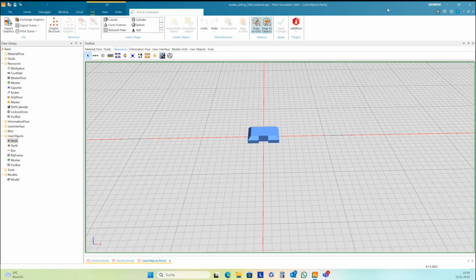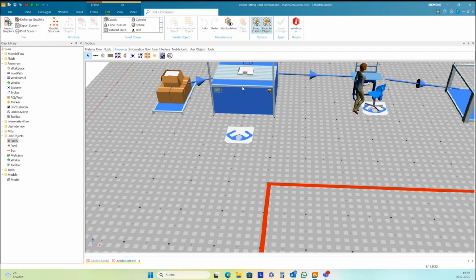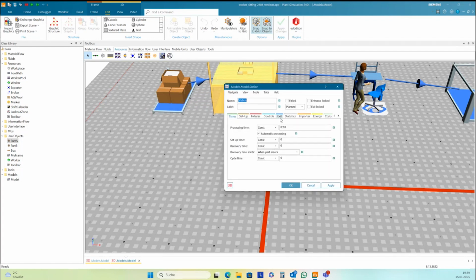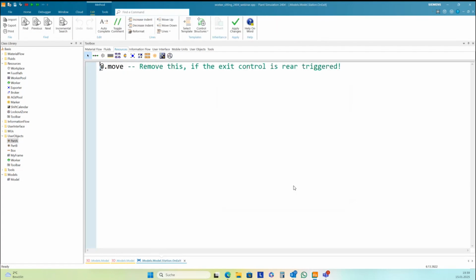Okay, now it's prepared. And then I need here an exit control rear. And then it's quite the same. At point underline 3D.